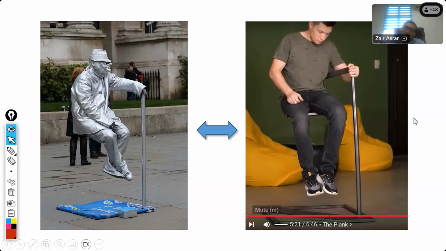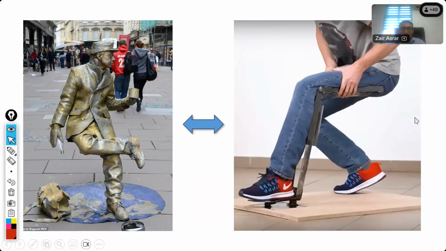Okay, and then we have something like this as well. What we have is a supporting mechanism that runs through his leg, attached to the floor here, which is supporting the whole weight of this guy, so it's not falling off due to the push. So you need to recognize this in the world around you.